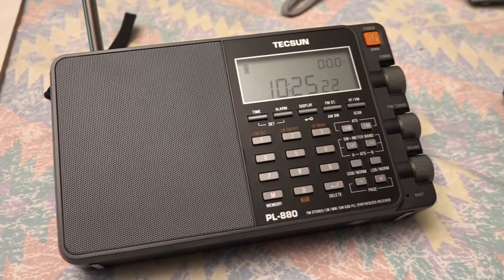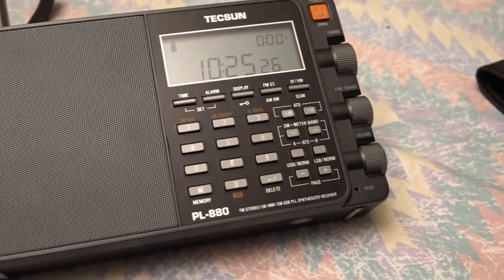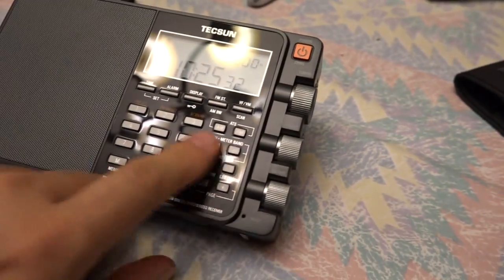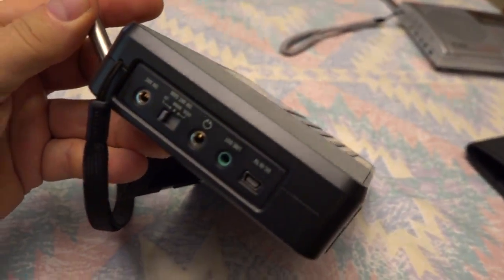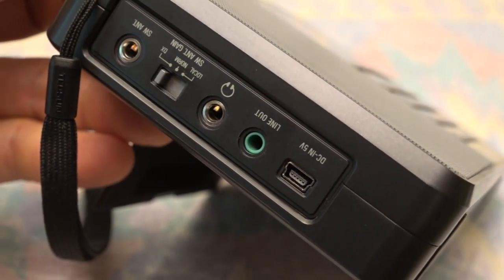The 880 is a polished piece of equipment. They really put a lot of effort into the cosmetics and fit and finish. Tuning knobs are much superior, have a little bit of silicone in them, so they're nice and smooth. Display is very, very similar. Connections on the side are also very similar, except for the lack of a bass and treble control. Does have line out with adjustable level,